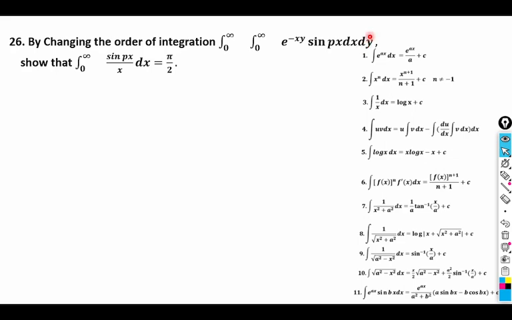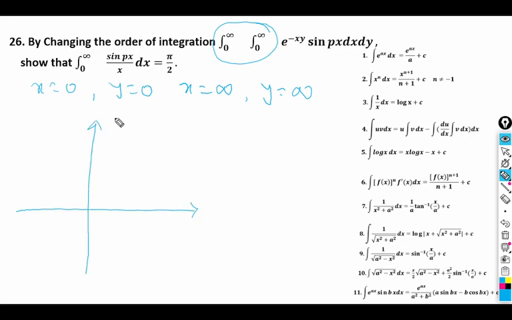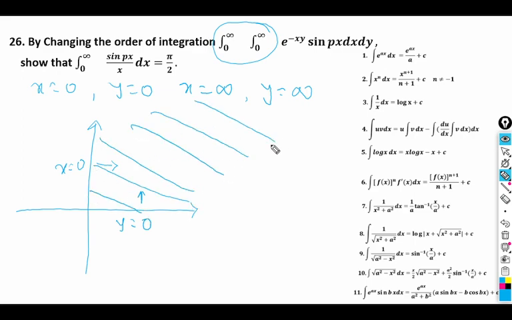For that, we should decide the region of integration first. What are the limits? The region is bounded by x equal to 0, x equal to infinity, y equal to 0, y equal to infinity. What is x equal to 0? The y axis. y equal to 0 is the x axis. So x is from 0 to infinity and y is from 0 to infinity. Obviously the region of integration is the entire positive quadrant. So this entire positive quadrant is an unbounded region. So in this region